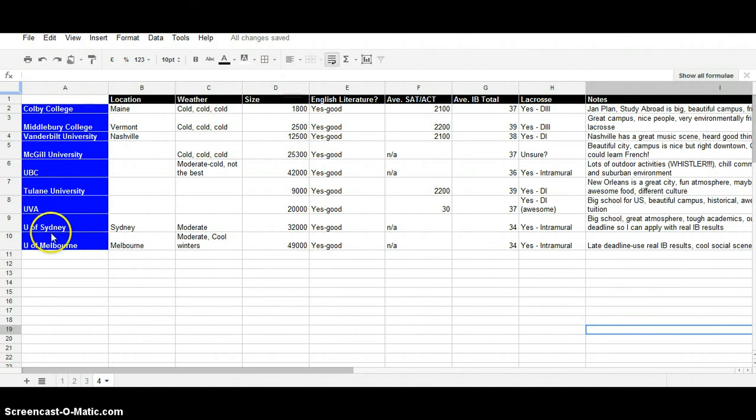Now, again, this list should be expanding and contracting all the time. So maybe I did the research for Tulane and I decided it's just going to be too hot for me down in New Orleans. I'm not really interested in Tulane, and I'm actually more of a cold weather person. UVA is not too cold. These are pretty good temperatures. So I'm going to stick with these. These are obviously pretty chilly. So I'm going to stick with this list,